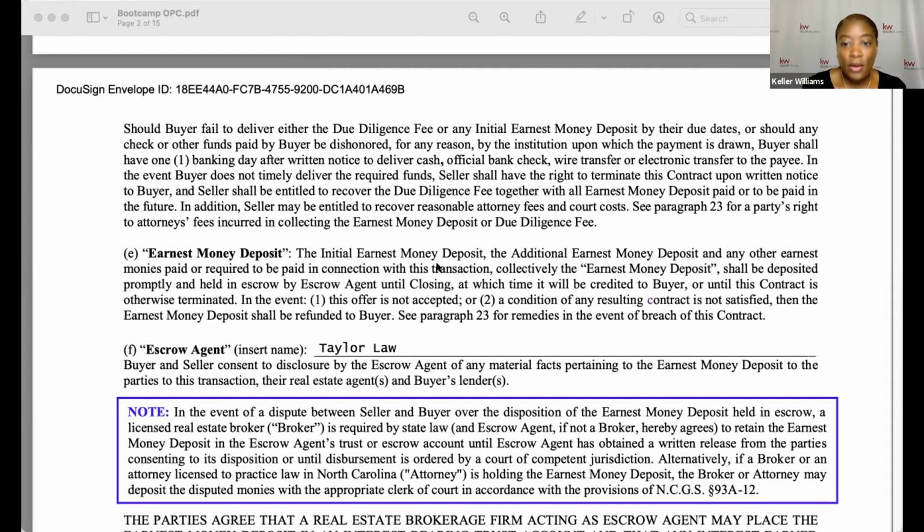Please note that it says buyers shall have 1 banking day after written notice to deliver. All of these options are immediately available funds. You notice there is no personal check there. Okay. 1 banking day to deliver immediately available funds. Not personal check. So in the event buyer does not timely deliver the required funds, of course, the seller